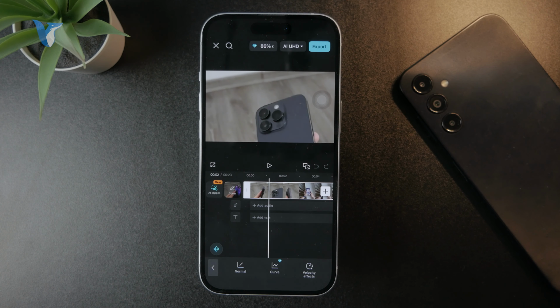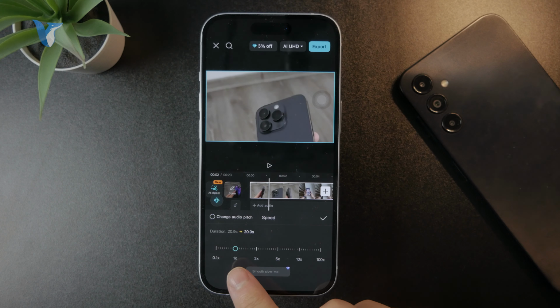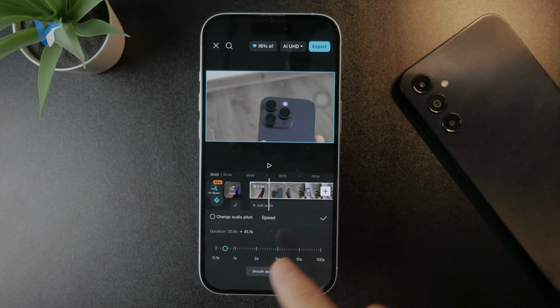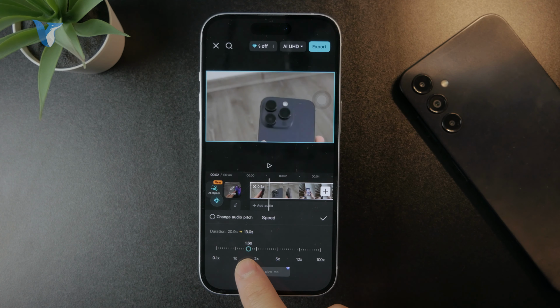I click on speed. You can adjust it in a curve, which is a little bit more advanced, but I'm just going to click on the normal speed adjustment. And currently the speed of the video is set to 1x, meaning the original speed. So you can lower it down to, for example, 0.5, and it's going to turn our 21-second video into a 41-second video. Or you can bump up the speed to